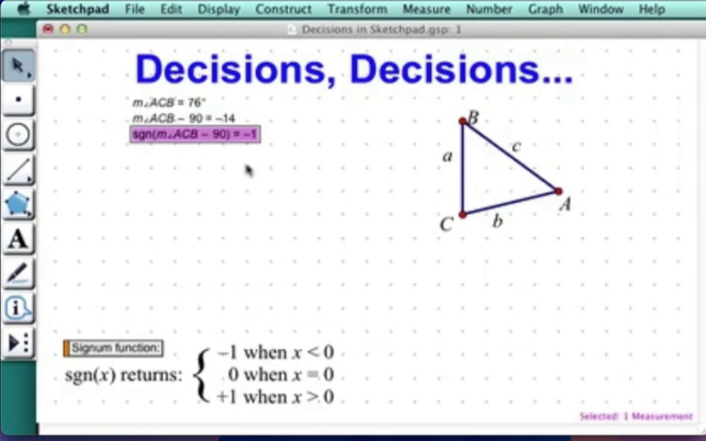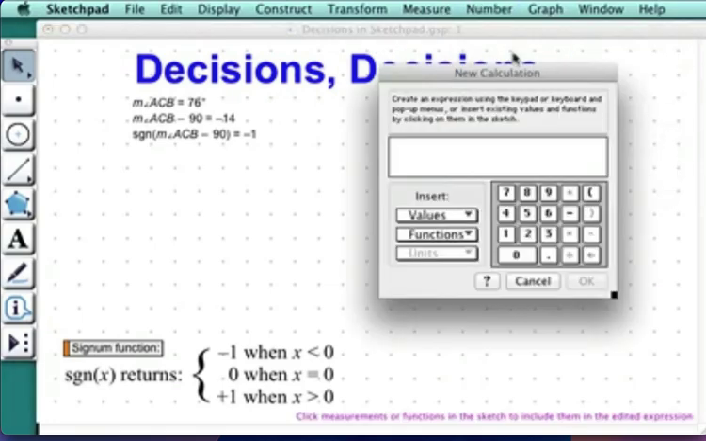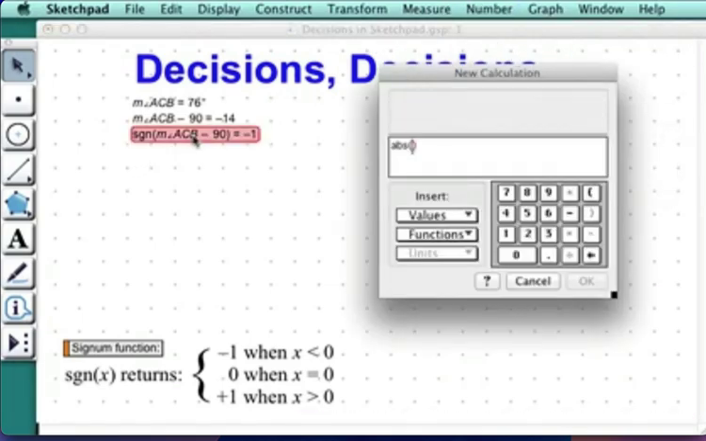But we want a result that's a little different from this. A Boolean result must be 1 for true and 0 for false. So this is going to take us 2 more steps. The first step will be to find the absolute value of this calculation we just did. So let's go ahead and do that. The absolute value of this